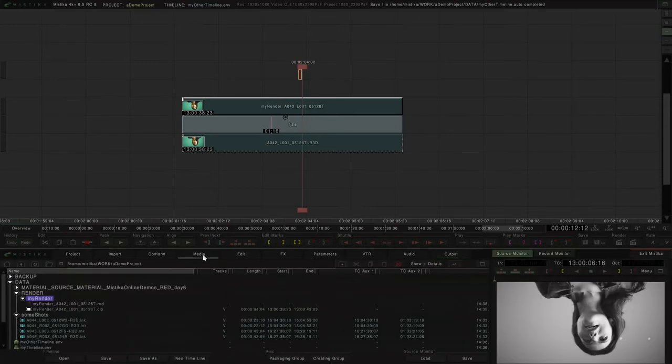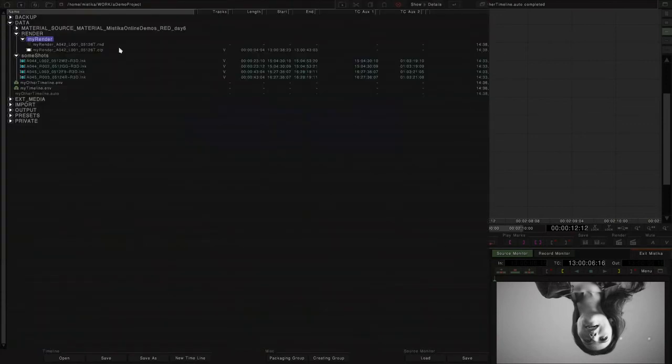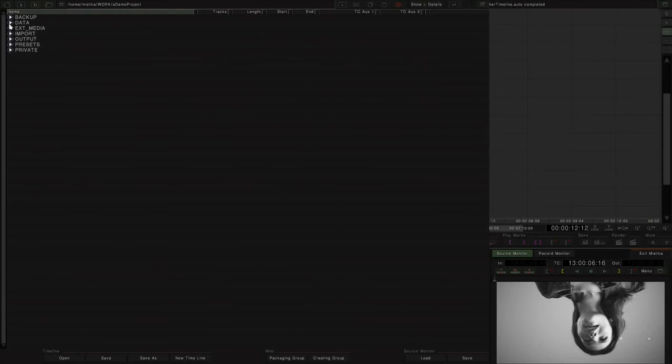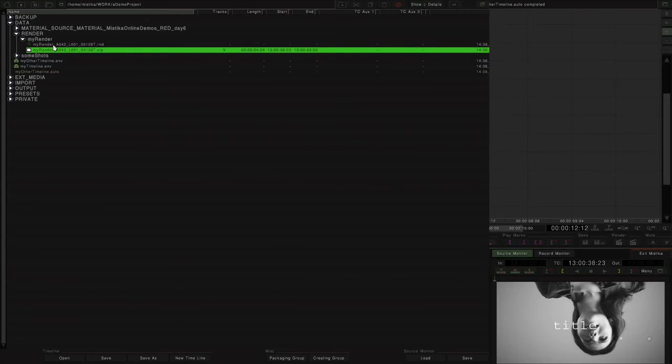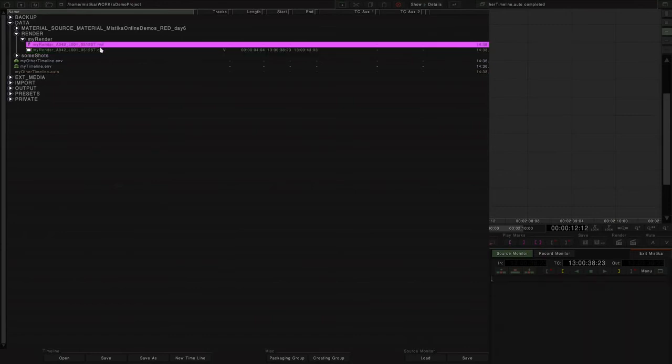So go back to the Media Manager, and we can see that under the render folder, so under Data, let's close these down so we can see what we're doing. So under Data, we have a render folder, and you'll notice there's a new folder called My Render, which is the name that I gave it. And inside there are two files, a green one and a purple one. The green one ends in .clp as a clip file, and the purple one ends in .rnd as a render